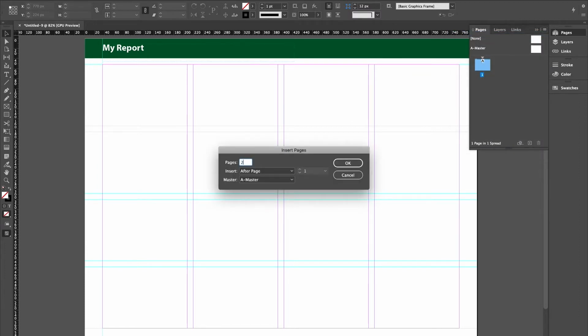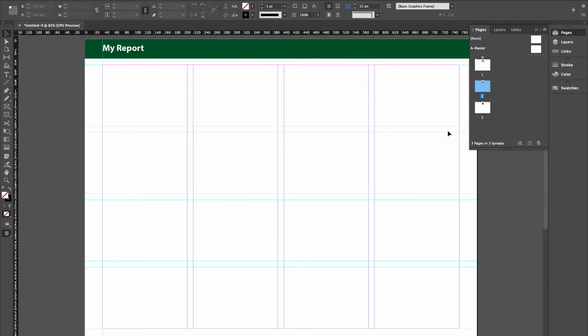It asks me how many pages I want and where I want to put them. And when I click OK, you can see it adds them to my pages panel. The other way to do this is just to click on the master page and drag it down to the document page, and you can see that's also added a page here. So two ways to add new pages. Now going back to page 1 here,